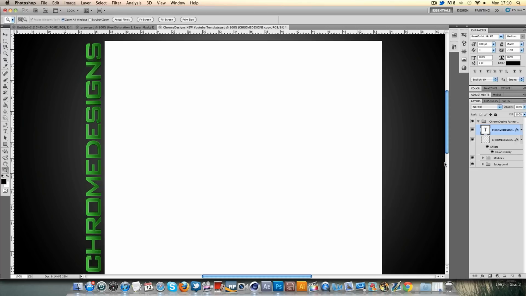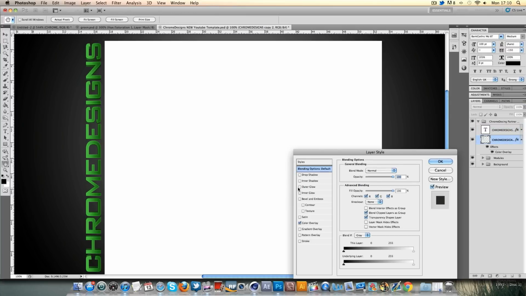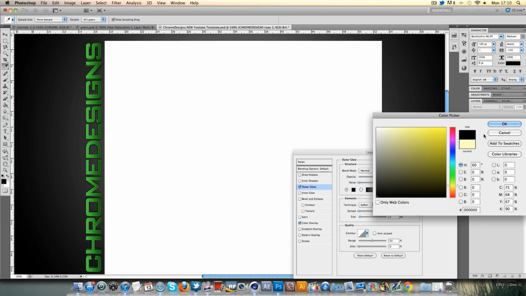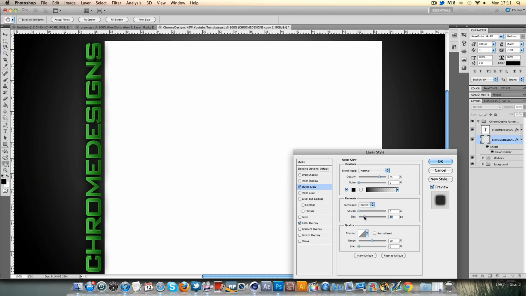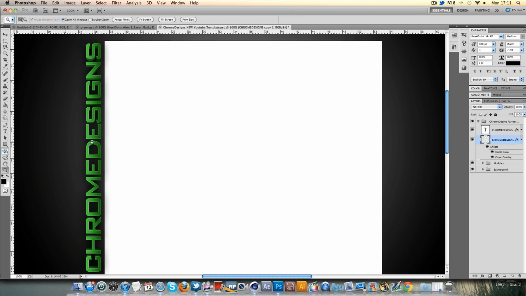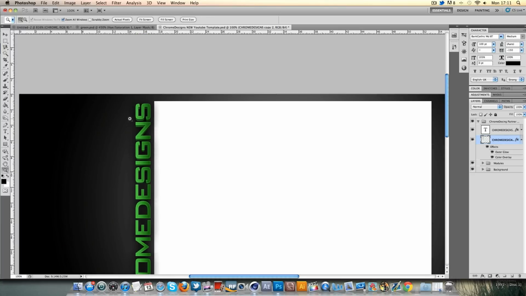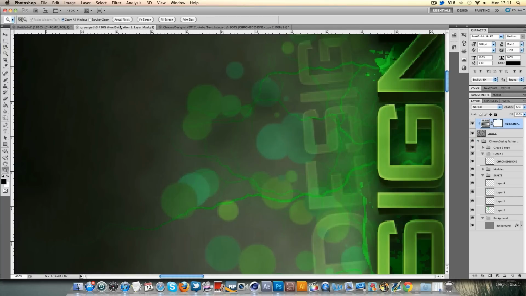Obviously remember, everything in this tutorial you can change the way you want, I'm just letting you know it's there, and you can follow me if you want, but as I said, it's your choice. Go ahead and make an outer glow on the back layer, change the colour to black. Okay, and we'll increase the size as well along with it, just so it adds a bit more depth to the text. It kind of makes it stand out 3D-ish more so, if that makes sense. But yeah, we've got a basic text going on, and that looks quite sleek and clean the way it is. But we're going to go ahead and really grunge it up,